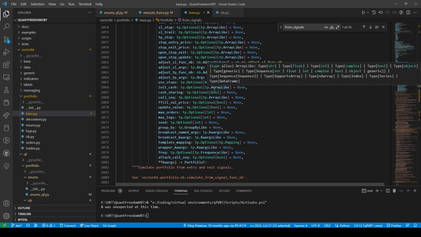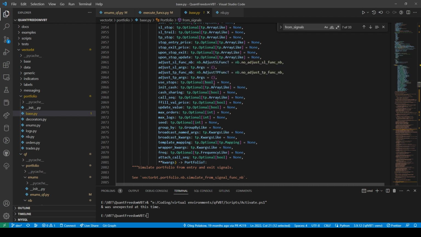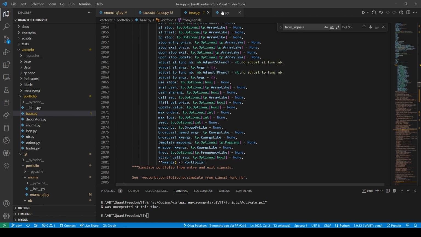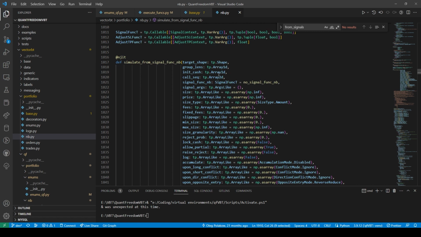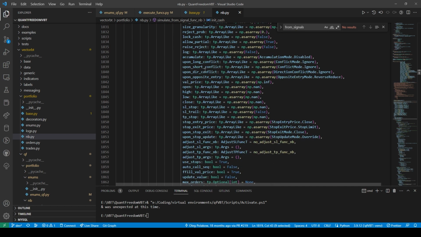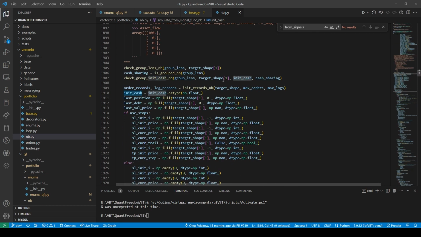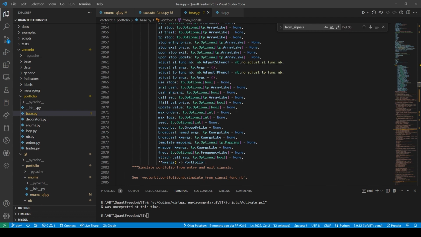I just don't understand what is the point of. So here we can do array like. Then if we send over just $100, then we're going to come over here. But I guess the init cash.